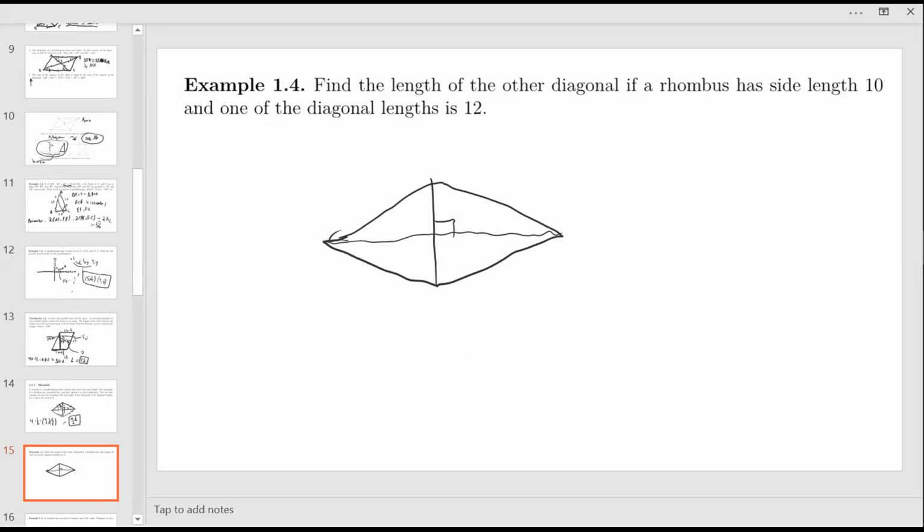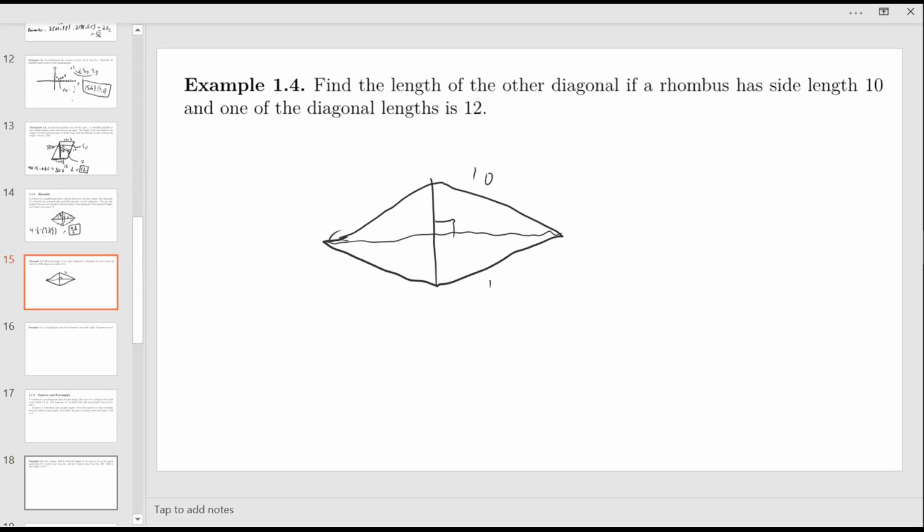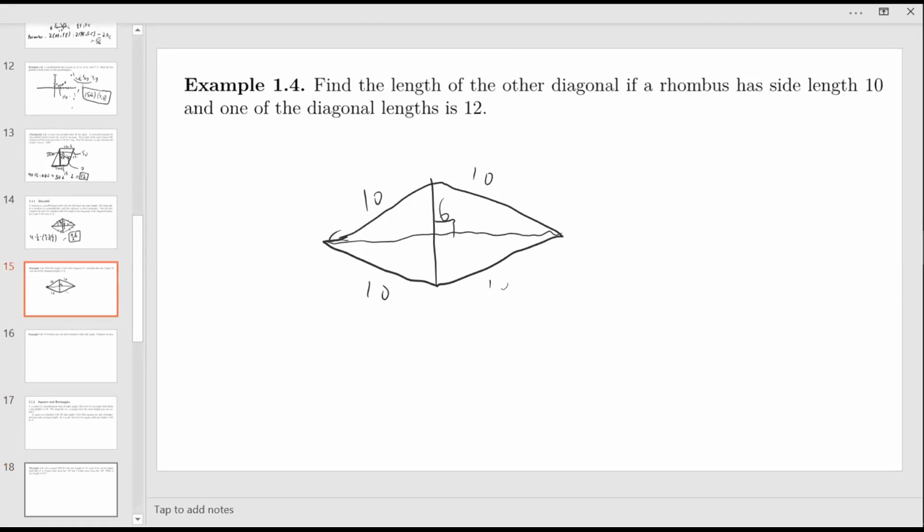It has side length 10, so all of these are 10. And one of the diagonals is 12. So let's say this vertical diagonal is 12. That means this is 6